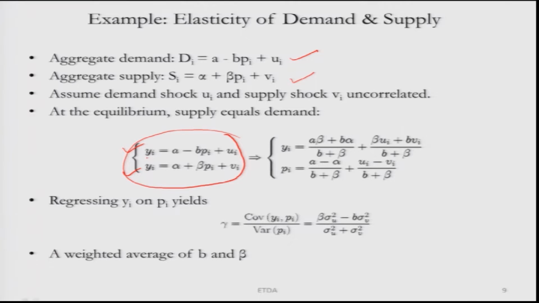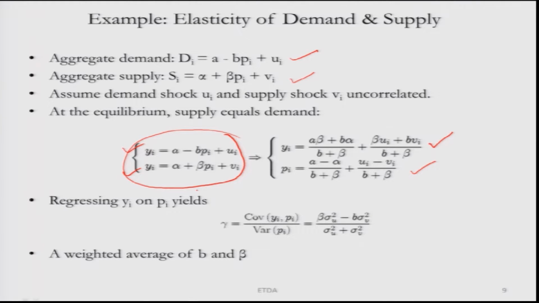to the quantity demanded, and as soon as we do that, we end up having Y in terms of all the parameters of the model, which are beta, B and alpha, and of course, Ui and Vi, the error parts, and additionally we have prices. Once again we just simultaneously solve these two equations, and we have the prices in terms of beta, B, Ui and Vi. So, essentially what we have is a weighted average of the two parameters B and beta, which